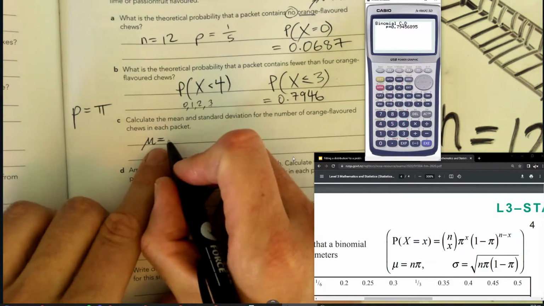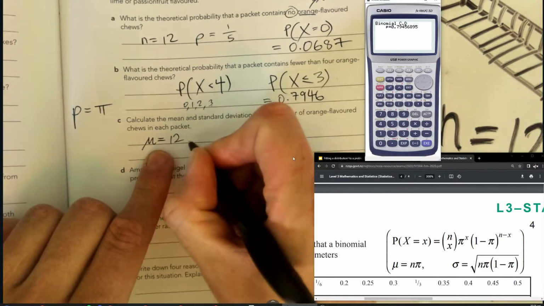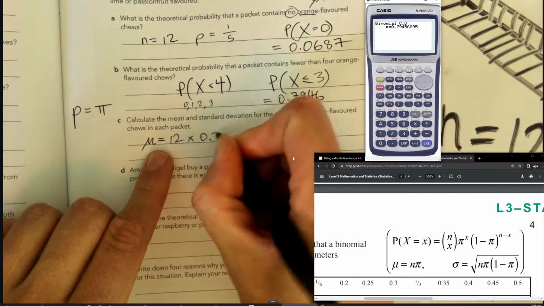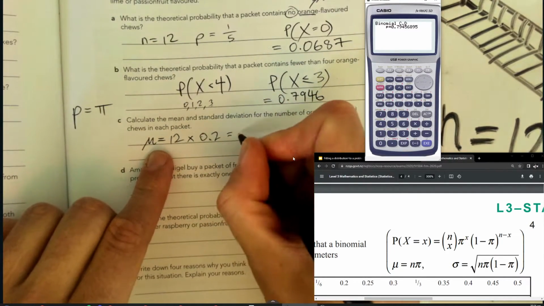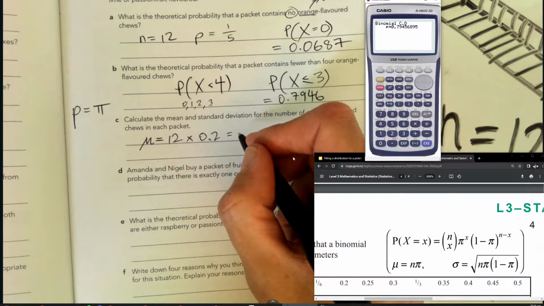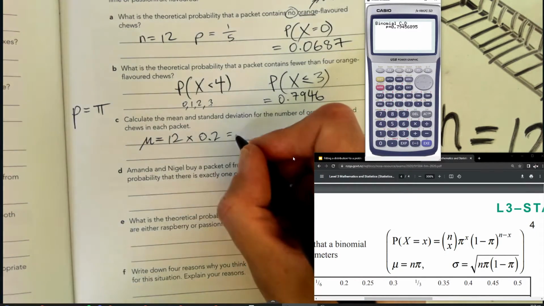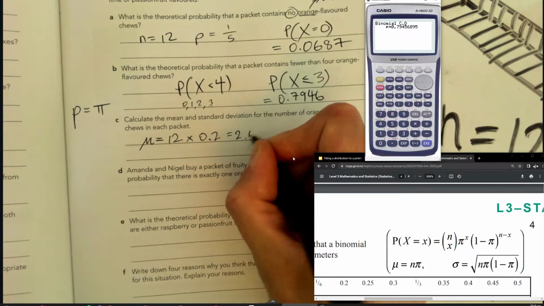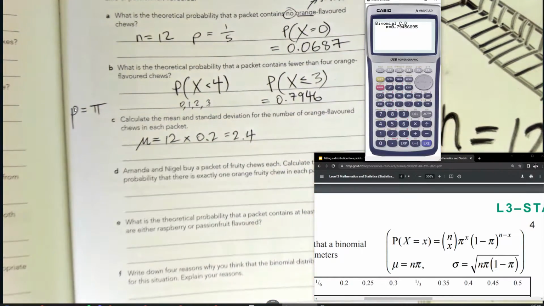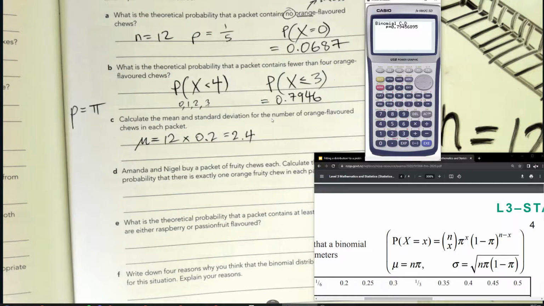Right, so we're going to go n, which is 12, times the probability, which is 0.2, and that gets us, is that right? Yeah, that's right. 12 times 2 is 24, so it's going to be 2.4. Does that make sense? Yeah, that makes sense. If I've got a packet of 12 of these chews, 2.4 of them being orange on average,